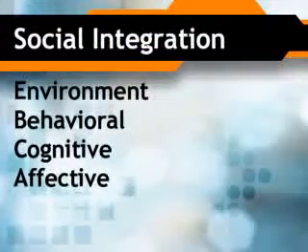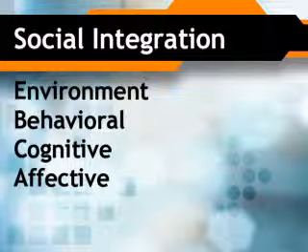Moreland identified 4 types of social integration that underlie group formation. Environment occurs when the physical, social, or cultural environment provides the resources necessary for a group to form. Behavioral occurs when people become dependent on one another for the satisfaction of important needs, such as an accurate view of themselves and the world around them. Cognitive occurs when people realize they belong together because they share similar characteristics that distinguish their group from others. And finally, affective occurs when people develop shared feelings. Regardless of how new members enter a group, they undergo socialization of some kind after they join.